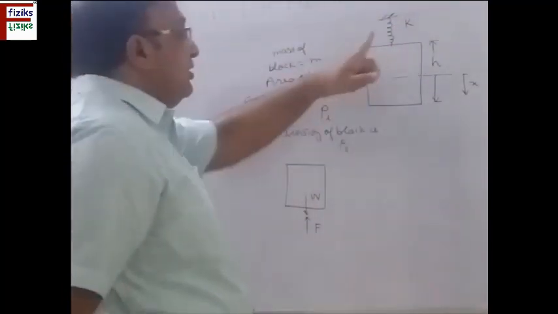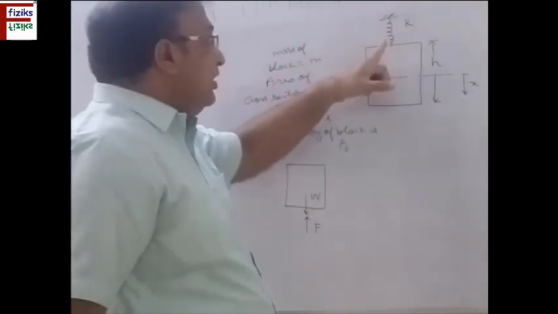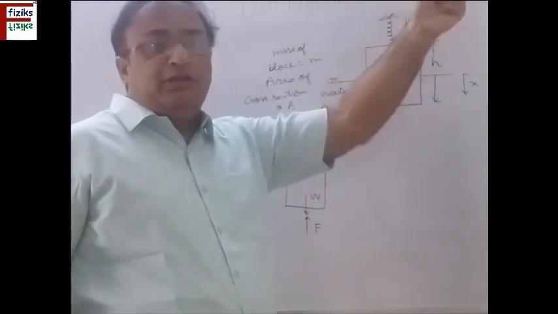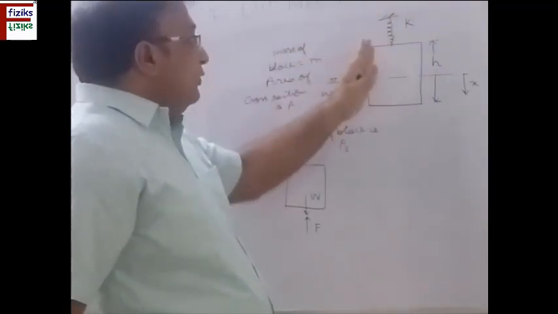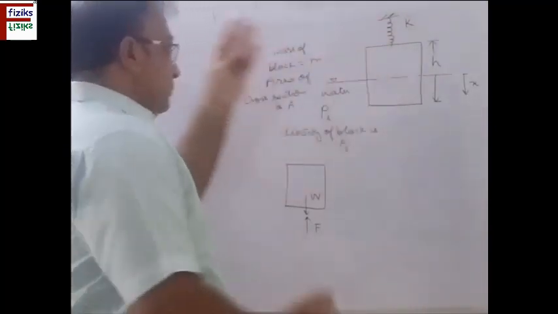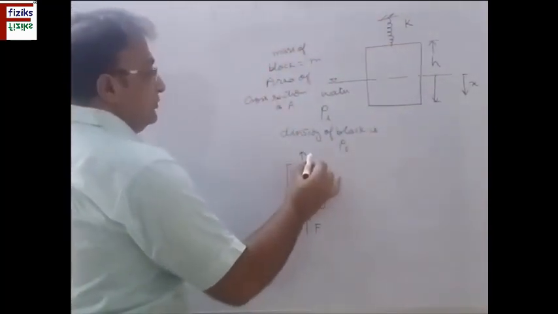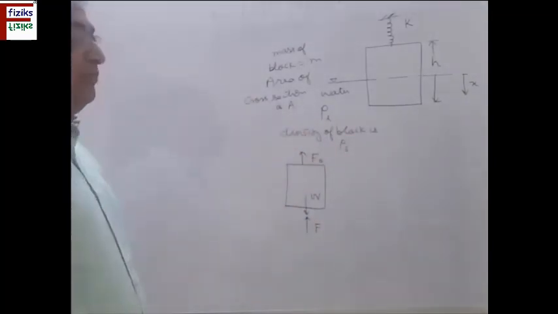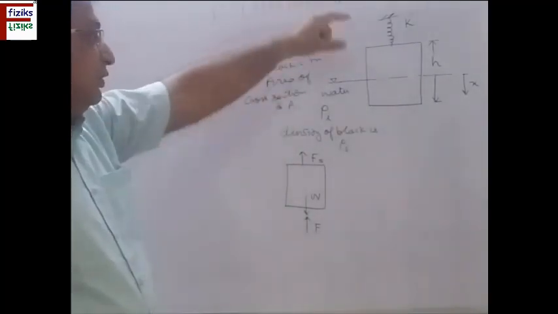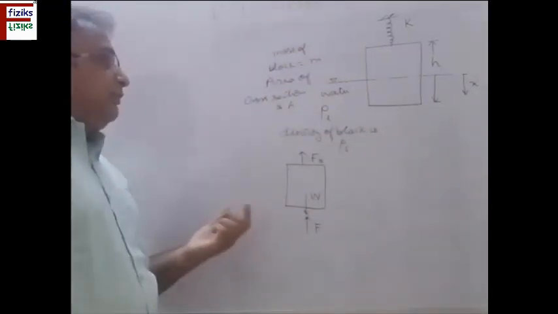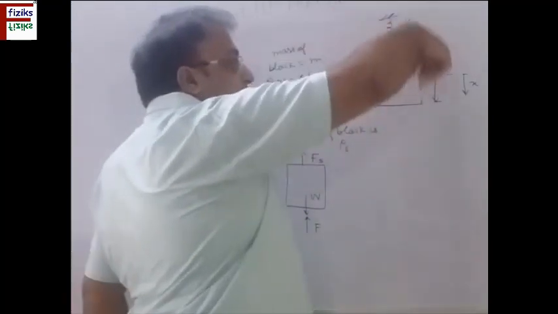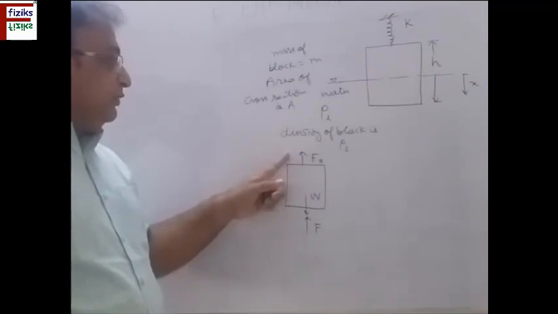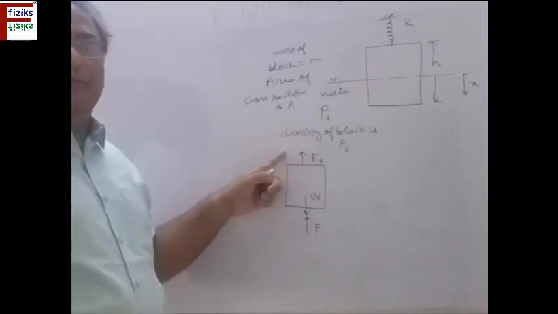So the spring is trying to maintain its position, and there will be a force acting on the spring which is equal to K times the displacement. So the spring force is acting in upward direction. So the spring is pulling it in upward direction. Fs is the spring force. Now it is in equilibrium under these conditions. So now what happens? If I give it x displacement in this direction, its weight remains the same, and the spring force will be K times the displacement.